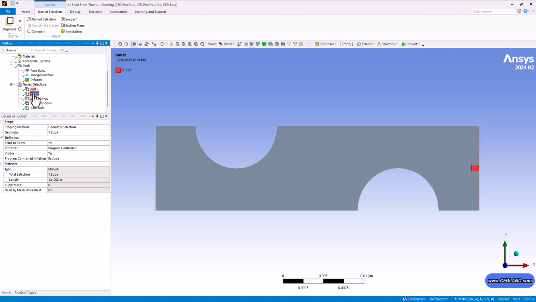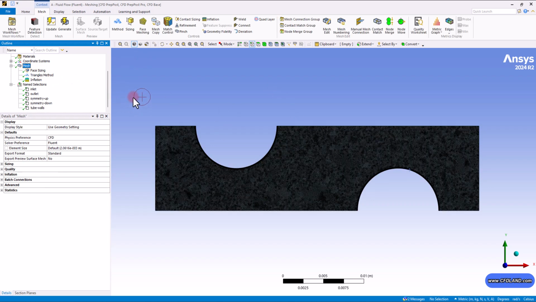So in total, let's check them together. Inlet, outlet, these symmetry walls, and also the two walls. I guess we're done inside ANSYS Meshing, and by just clicking on the Update button, we can make sure that the translation to Fluent software is successful. So let's quit ANSYS Meshing